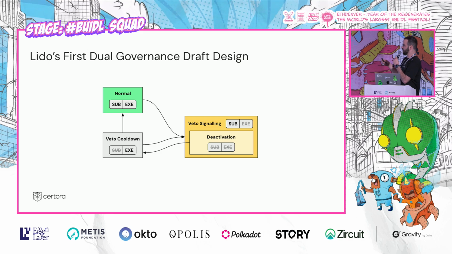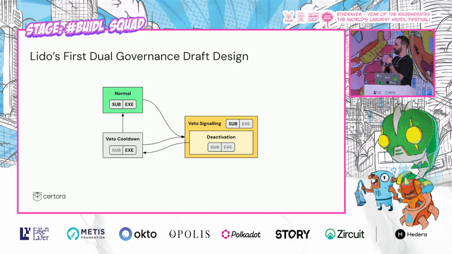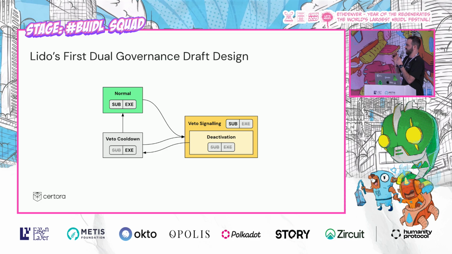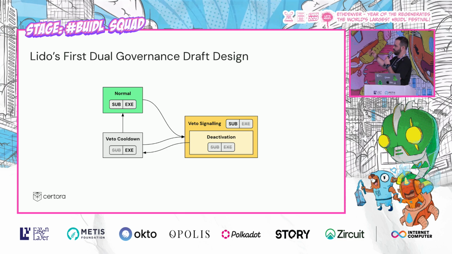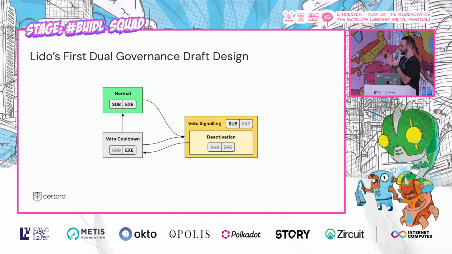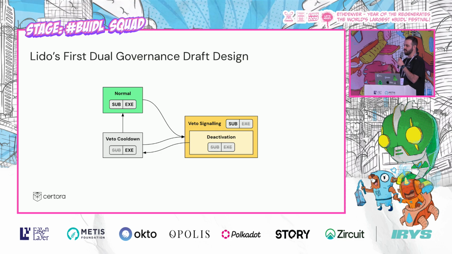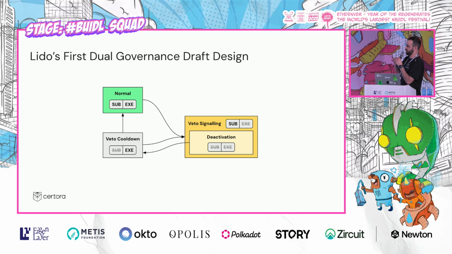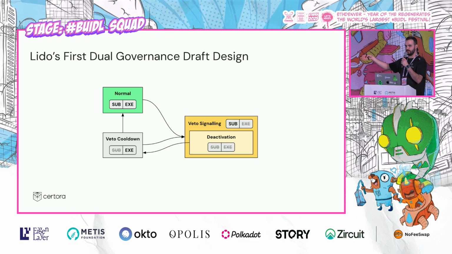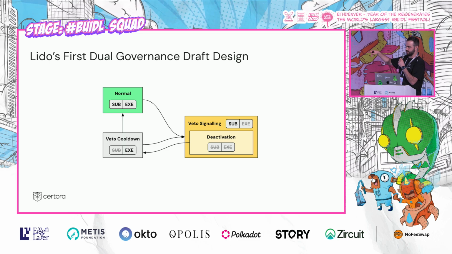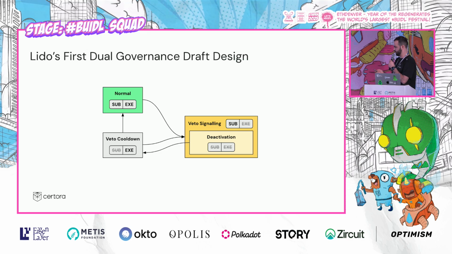Maybe the DAO wants to explain to the stakers, oh, there is a misunderstanding, everything is okay, you misunderstood the proposal, and then we want to allow them to unlock their funds or to not lock more funds to continue supporting the veto signaling. After 24 hours, if the stakers are convinced that the proposal is not malicious, or cannot convince enough other people to deposit more funds, then we transfer to the veto cooldown, which means that now we can execute those proposals, everything is okay, for 24 hours in the initial design, and then we can go back to the normal protocol.